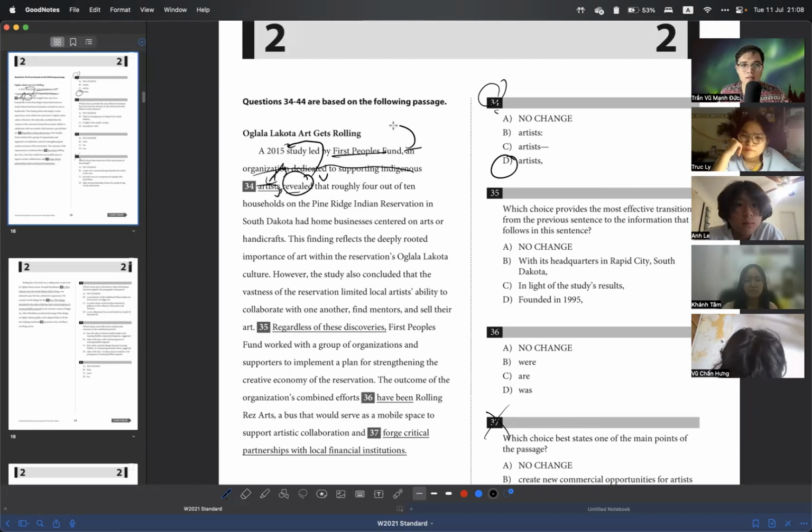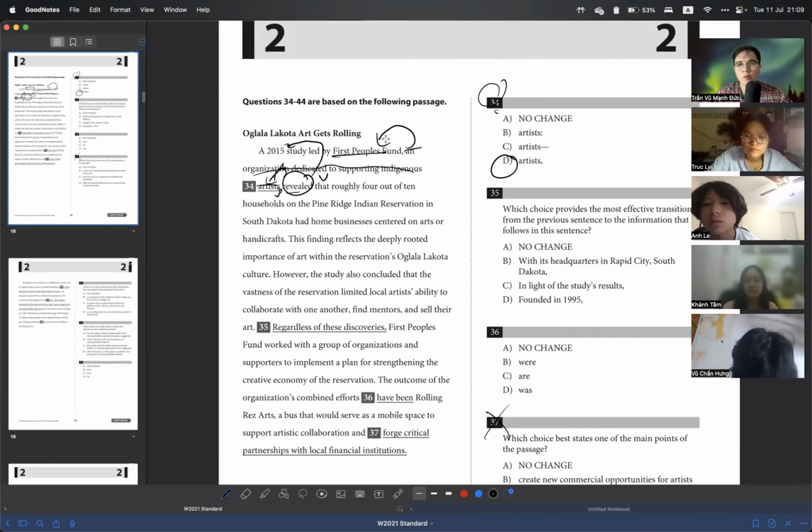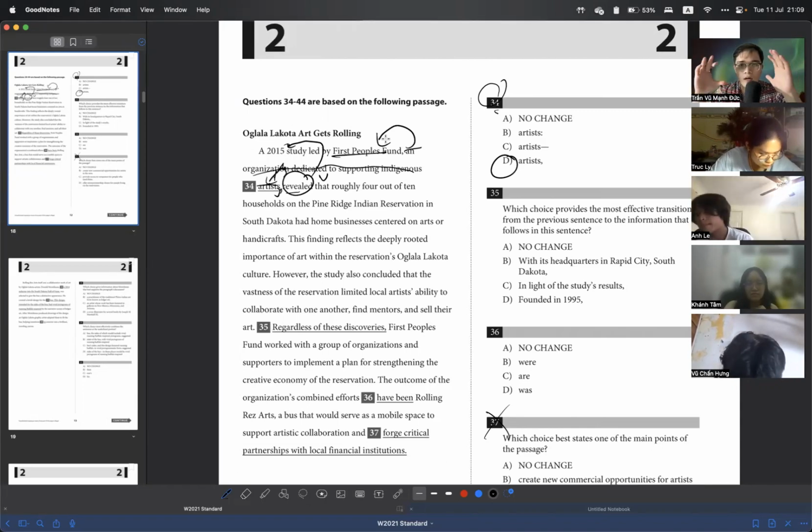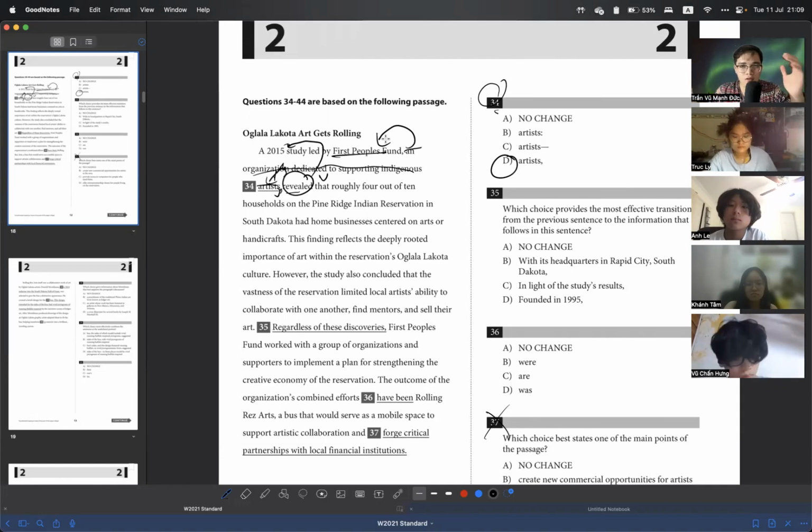You can cross them out. It directly supports the First Peoples Fund. It's just defining what the First Peoples Fund means. It may not be wise to cross them out, but once they're put into two commas, it's basically serving the purpose of two circle brackets, so you can easily cross them out because they are non-essential. And grammatically, they're very unnecessary. But when it comes to meaning, when it comes to making sense of the sentence or the context, it's very necessary. That's why you should just cross them out in the SAT, but you shouldn't do it in real life,